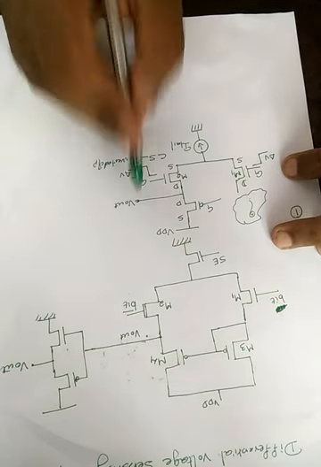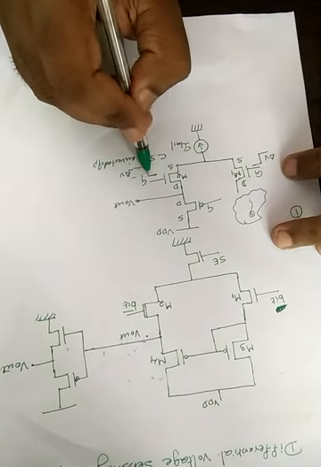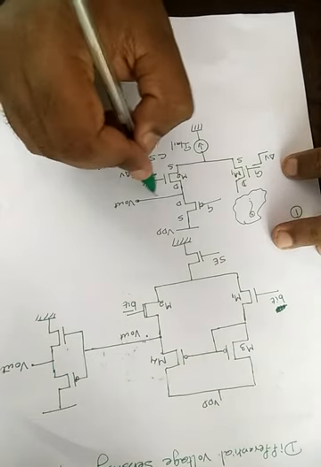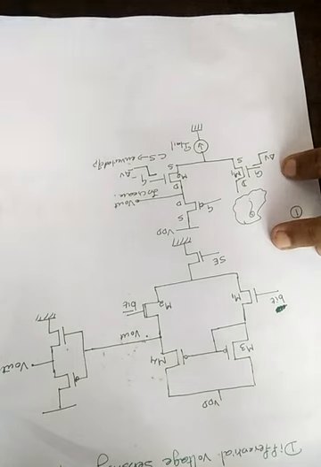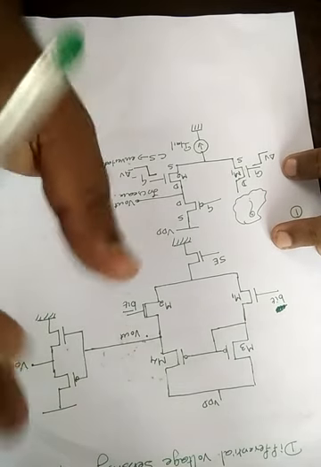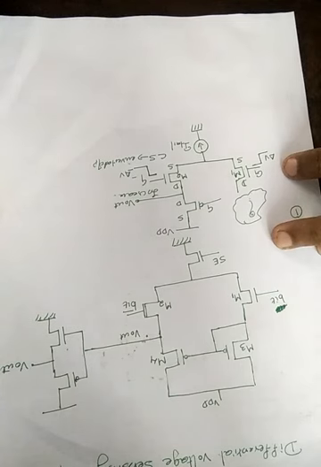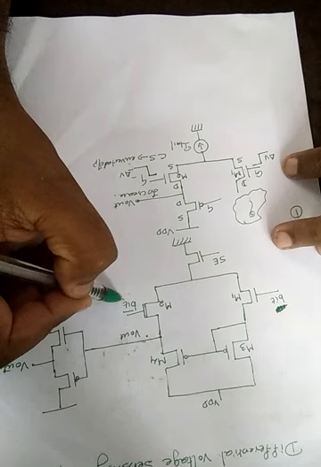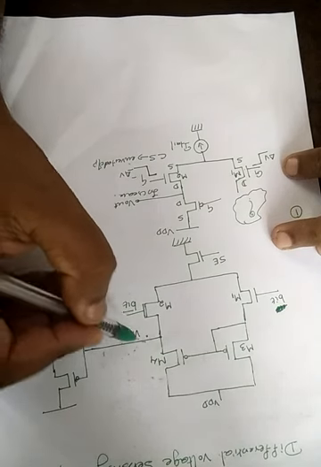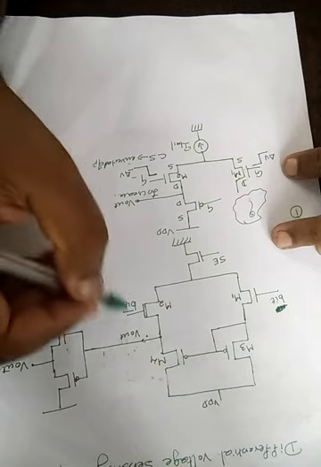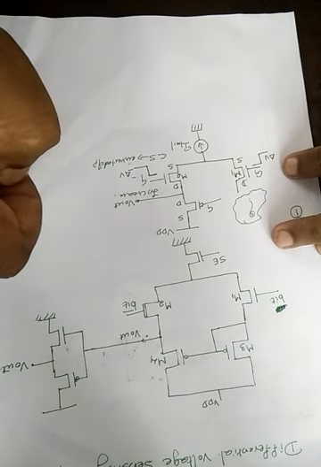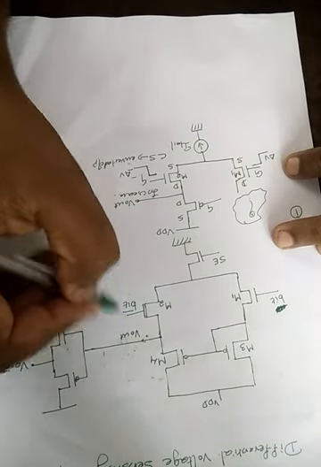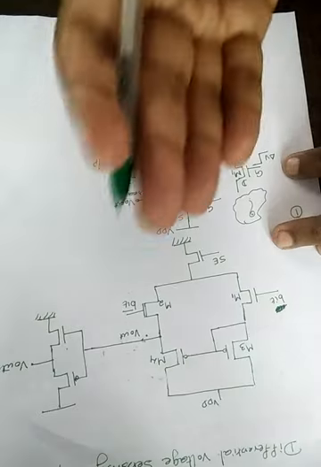So what will be the output now? Here the input is decreasing. So what will happen to the output? It will increase. The first step you should keep in mind while analyzing a differential voltage sensing amplifier. That means if this bit bar line is decreasing, as a result of this output voltage will increase. That part we have analyzed here. Once more, if this bit bar is decreasing, delta V, the output will increase.